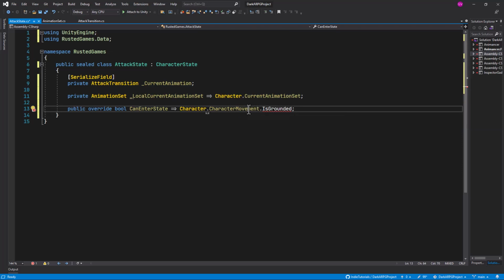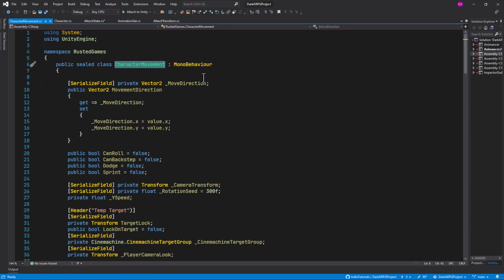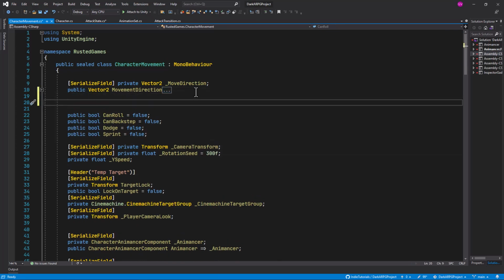and Visual Studio will suggest if we want to create this variable for us, but let's do it manually. So let's select the character movement component here, F12, to go to the definition, and then again F12, and now we are under our character movement component. So let's collapse the movement direction property here, and after that let's add a header, why not, and let's call this one player grounded,